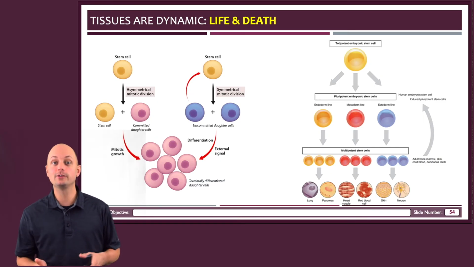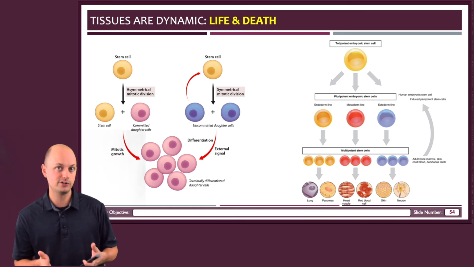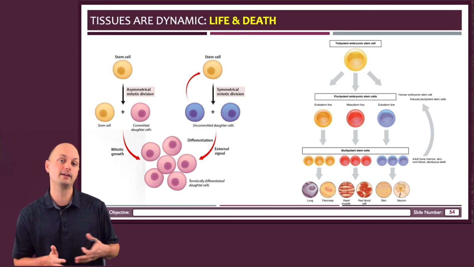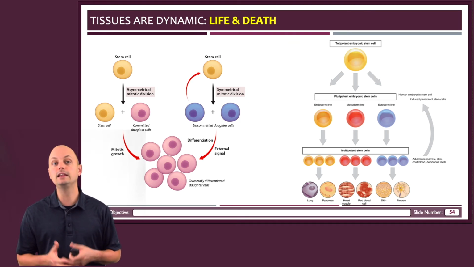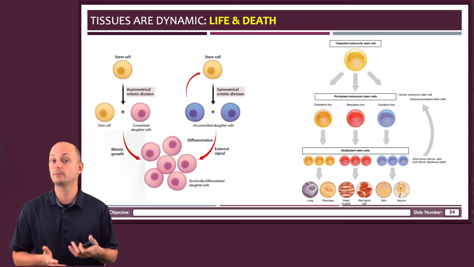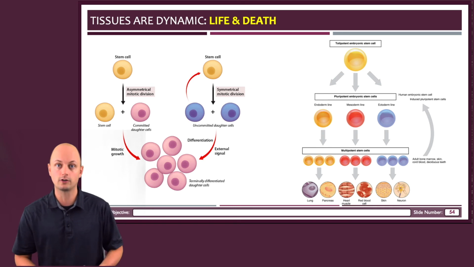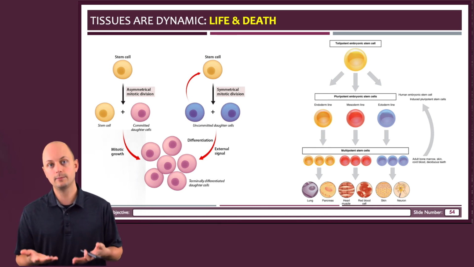Now, on a happier note, tissues can also be replenished. Most somatic cells that are terminally differentiated can undergo mitosis to replace cells that have been lost through the process of apoptosis. But even those cells have to originate from somewhere during development. And in some cases, terminally differentiated tissues like muscle and neurons aren't able to undergo mitosis. So the answer to both of these problems is stem cells.